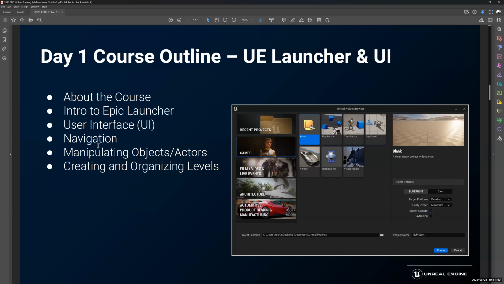We did a bit of navigation. We learned how to use the WASD keys, and the Q and E keys, to move around in the interface. We also did some movement of objects using the XYZ axes. I also showed you how to create the project and also the level. Okay, that's what we did.